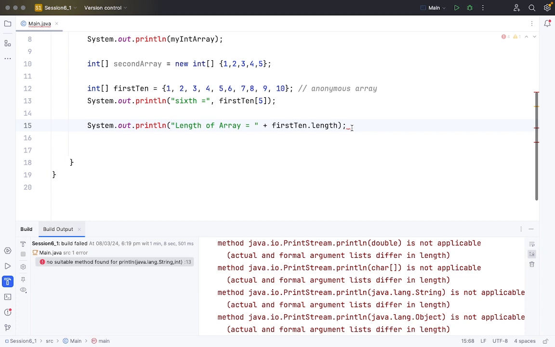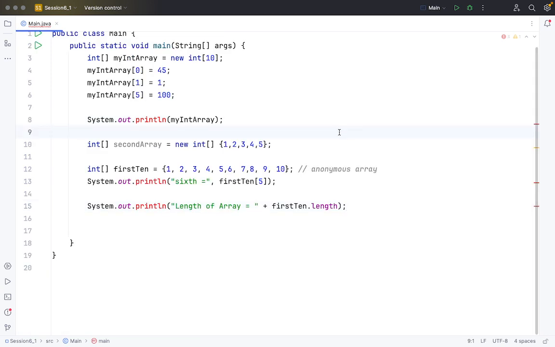I will look into that later. Okay, so dot length is just a parameter which provides directly the length of the array, right? Similarly, System.out.println last. If I want to know the last element, I just need to say